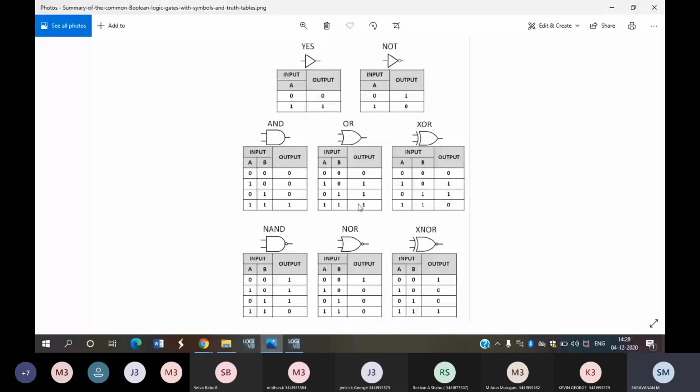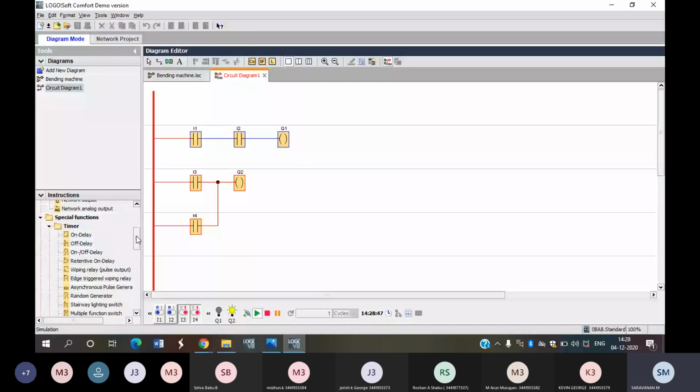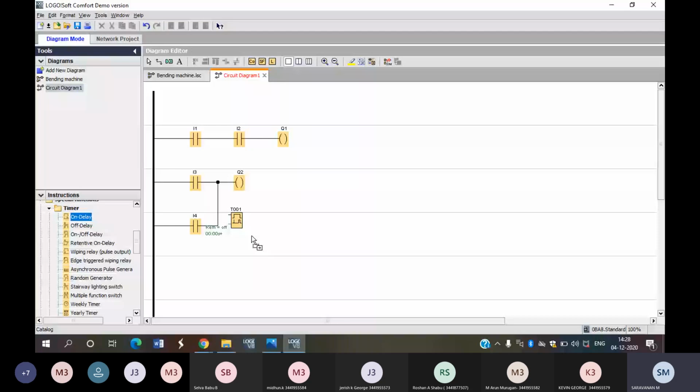As per the syllabus, they are asking for the AND gate and OR gate only. Very simple. You are able to make your own, right? Here additional things are also given. For example, there is automatic bottle filling equipment, right? At that time, if you want to use any timer and counter, we can track it like this and connect it with your input devices and output devices. Also you can modify the timing.